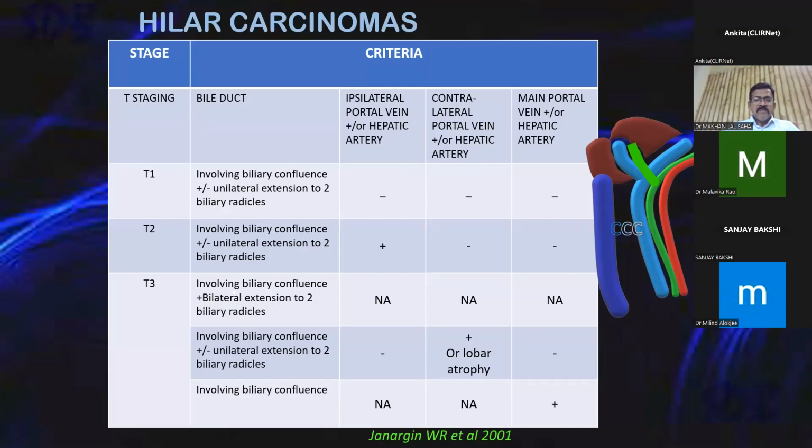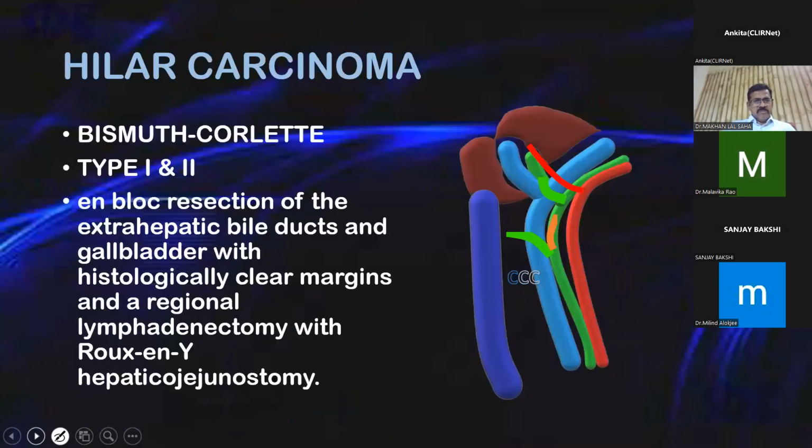T3 is involving bilateral with extension to biliary radicals, and none of these facts are available. So that's T3, which means that they haven't been staged. In B grade, it's involving the biliary confluence with or lobar hypertrophy, and involving biliary confluence not available. So you see, it's not a very robust classification, but just to tell you, Bismuth Corlette type 1 and type